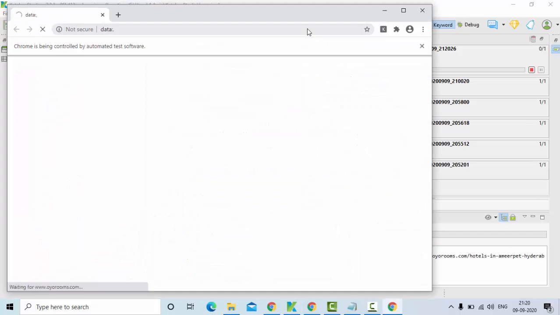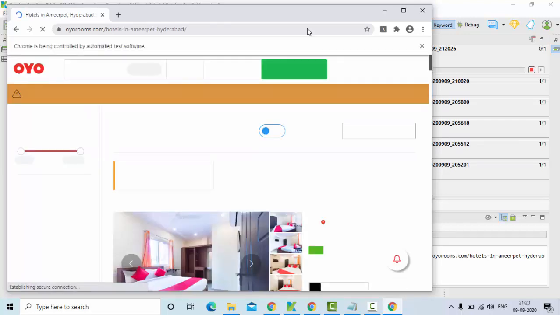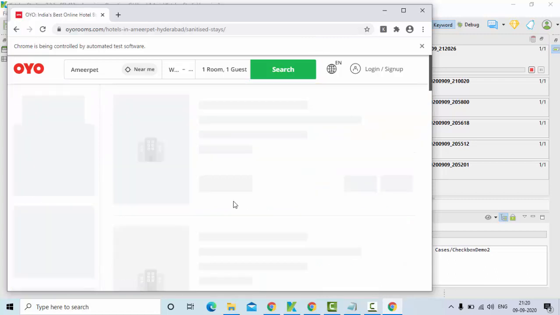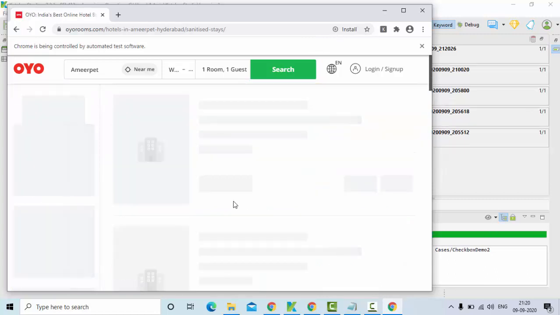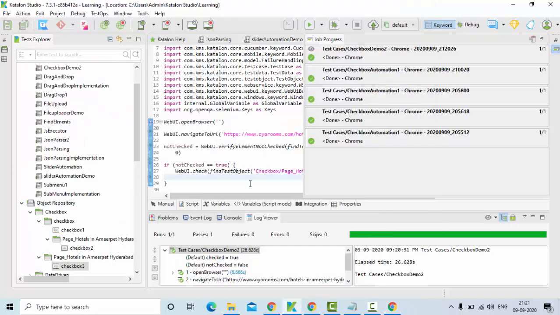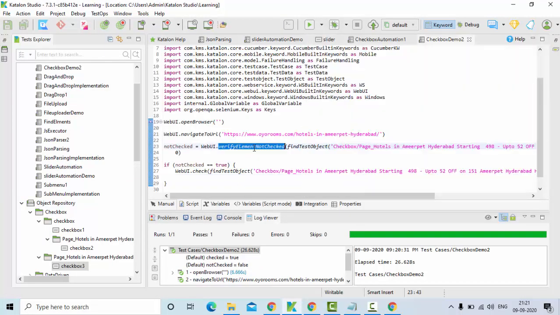So let the web page load completely. Now you could see it will select. Now you could see it got selected, right? So it is verified. It is verified that the if condition here using verify element not checked is true.